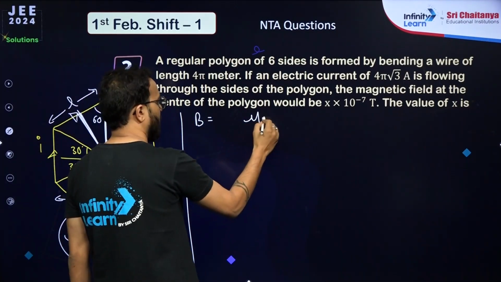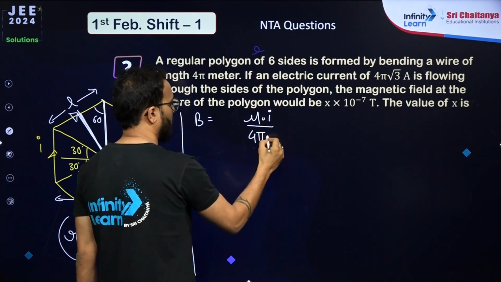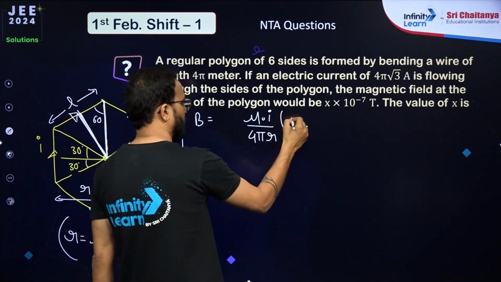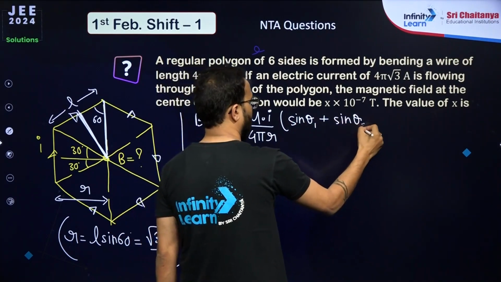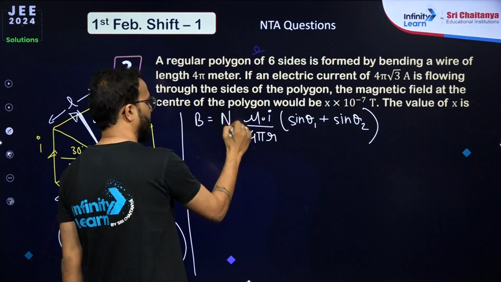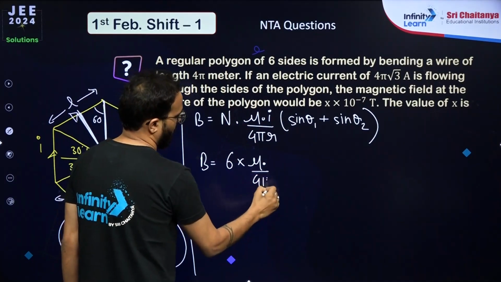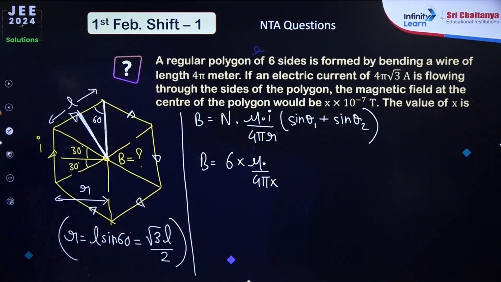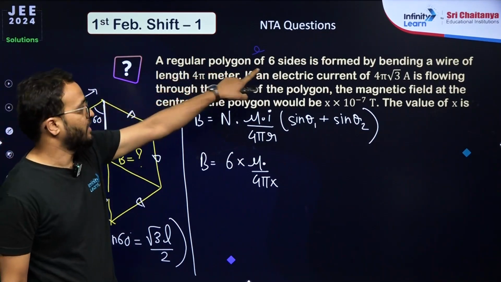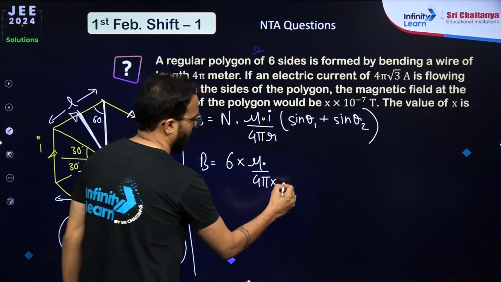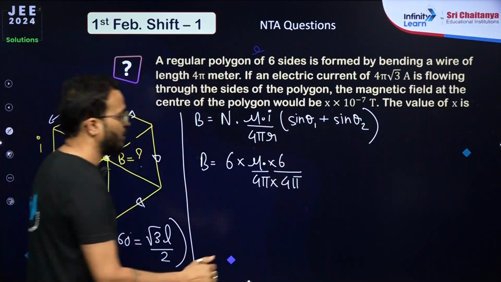You will say, sir, mu naught by 4 pi, mu naught I by 4 pi R into sine theta 1 plus sine theta 2, multiplied by n sides. So the number of sides is 6. So mu naught by 4 pi into, what is the length? Length is given 4 pi meter by 6. 4 pi meter is the total, 6 sides total. So one side will be 4 pi by 6. So it will be 4 pi by 6 into root 3 by 2